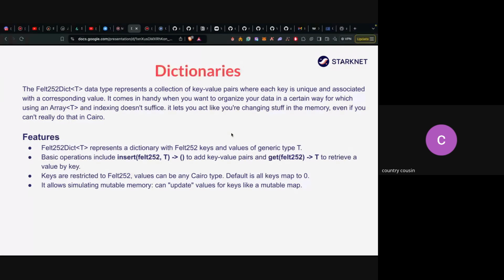All right. So features. Now, the keys must be felt252 in this case, while the values can be any other type. So every key in a dictionary, that's Felt252Dict, must be what? A felt, then the type it's mapping to can be any type. And this is the basic operation. If you want to populate your dictionary, you use the insert method. The first one, Felt252Dict, is what? The key. And then you have T, that's the value,